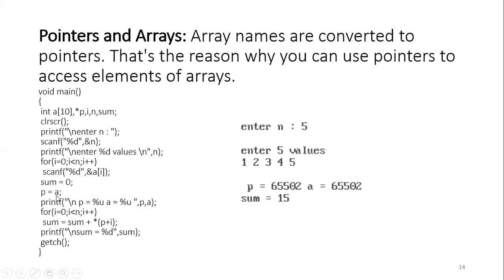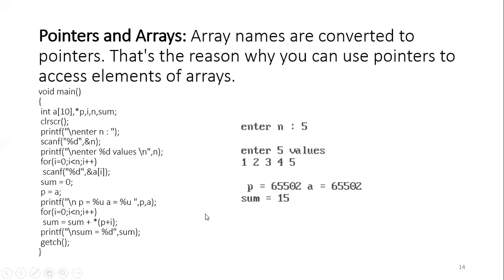P is equal to A. As we see here, array names are converted to pointers. So when I say just A, it indicates the starting address of the array. That starting address of the array is stored in P. Now here I'm displaying the P and A addresses. Here we can see that both are the same. That means if I refer to an array by name, then it displays the starting address of the array. Here P is containing the starting address of the array, so P also points to the array. That is, P is containing